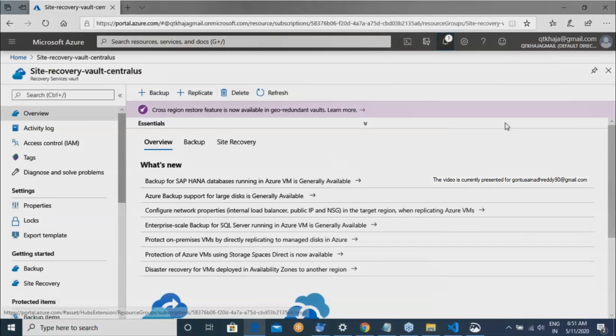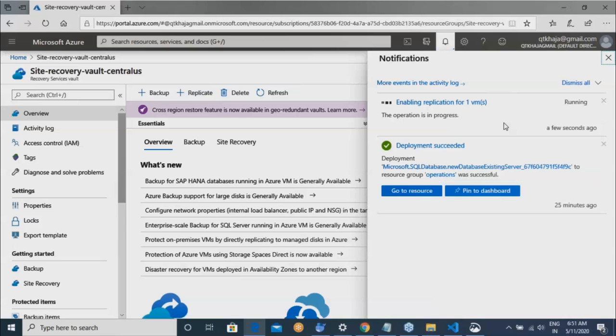So now let us see what happens. We are not able to do backup because you are trying to use the replication vault, which was specifically designed and enabled for replication.